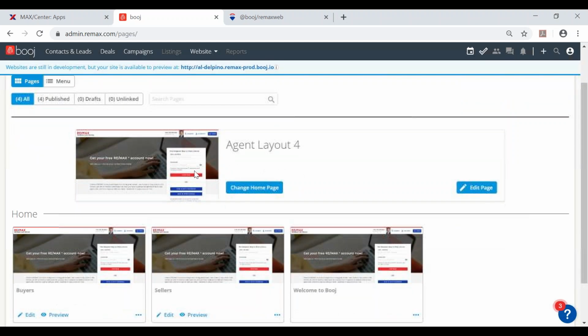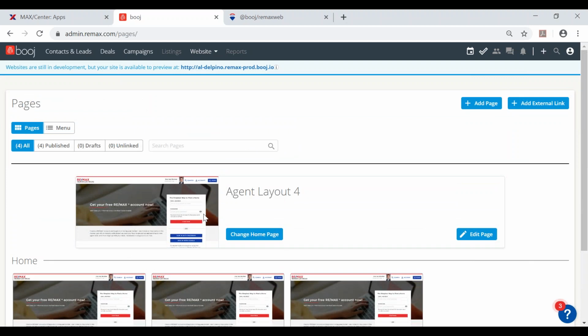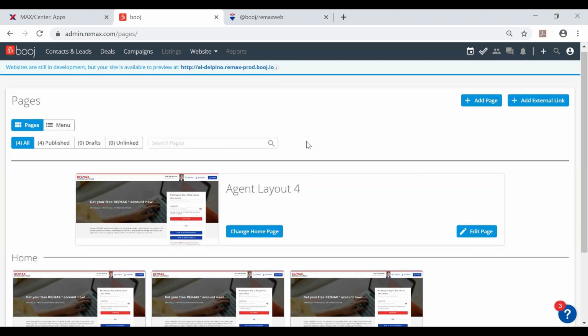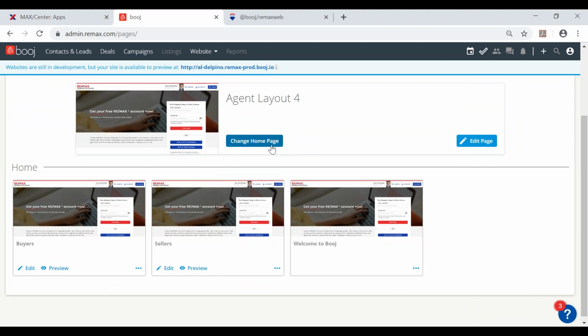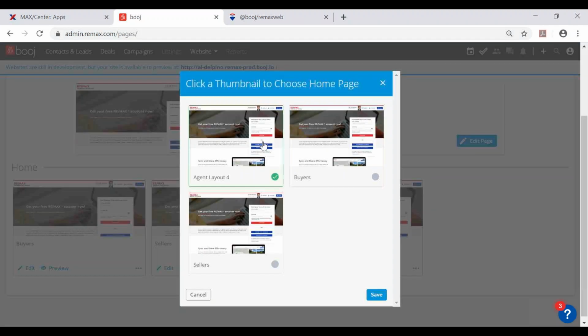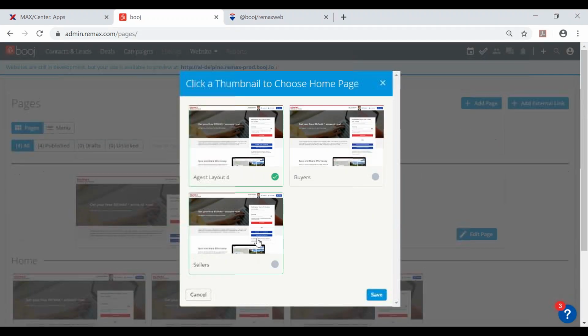You can see here that some people, I have heard, who are in beta don't have access to all of this. We're trying to get that worked out for you all. So if you come into your website and you come into customize site and you have no options here, you were probably in beta and it hasn't, for whatever reason, switched over, but you should be able to see here that you have the ability to change your home page or edit your page. Okay? So if you click here on change home page,